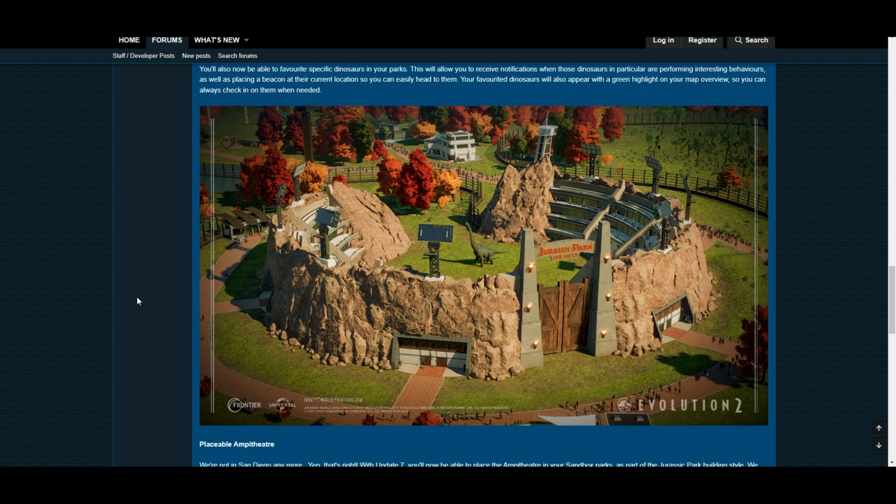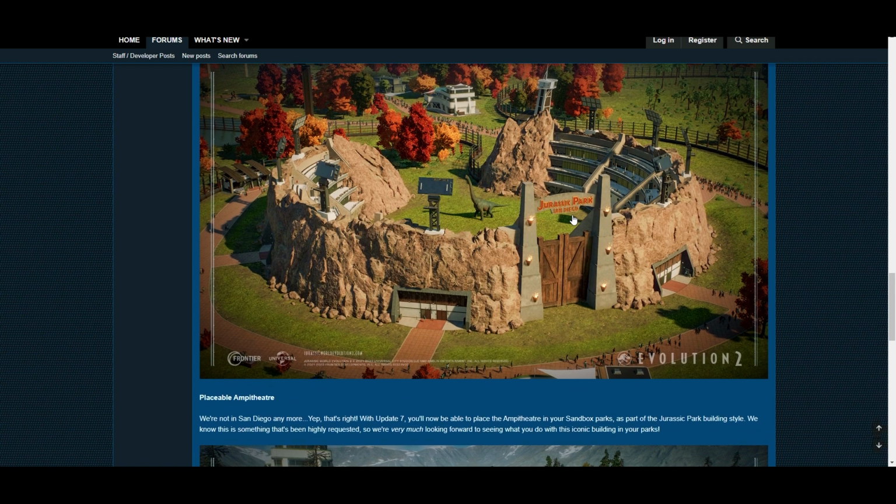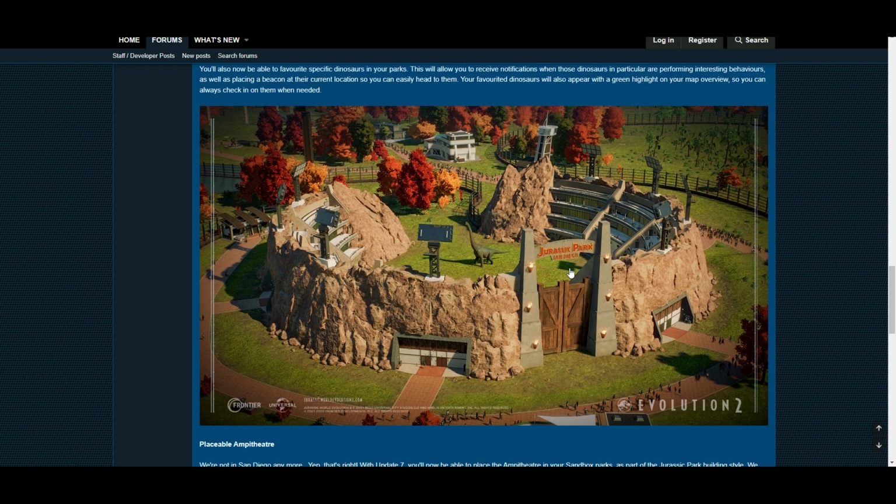Also, we're getting this, which, it's cool, okay. We're getting a placeable amphitheater, but why does it still say San Diego on the front? Could you not have removed that? I know I'm already complaining, but I've already seen the little clip of this on Twitter that we are getting